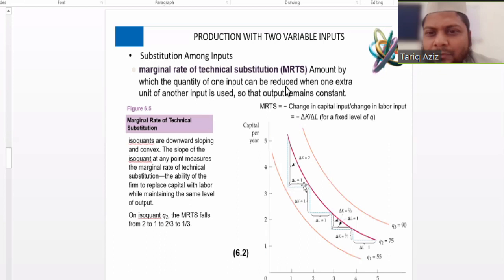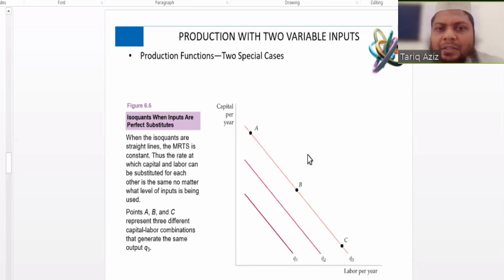So at point A, at point B, at point C, at all these points,